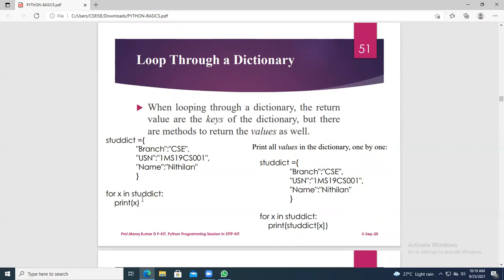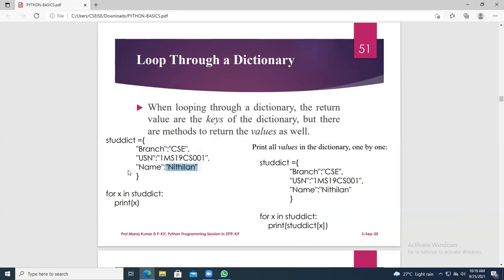Take this example. I have taken static, I have given all this. Now you see, for X in static, I am simply printing X. If I print X, either you will get the key or you will get the value. Can you tell? There are two elements here. In a list and others, you were directly having the values and getting values as output.